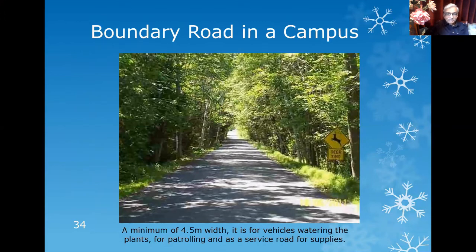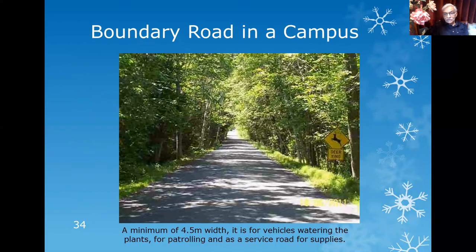In a campus, there is a boundary wall. A campus, normally any campus, school campus or any other institutional campus, is always protected by a boundary wall. So when the campus is coming up, a road is laid along the boundary wall. What for is the road laid? This road has got a number of functions. When you construct a boundary wall, for its construction, movement of material, this road is useful.